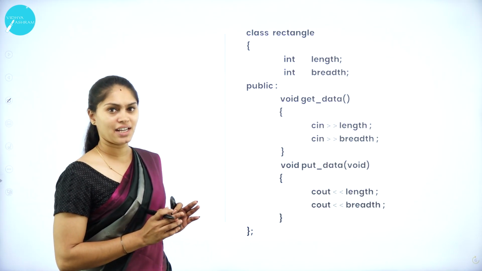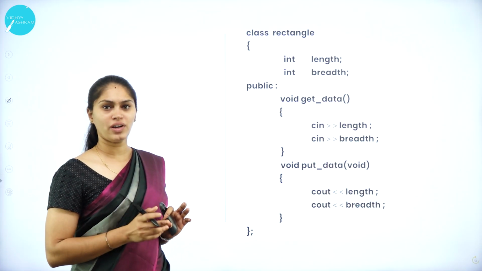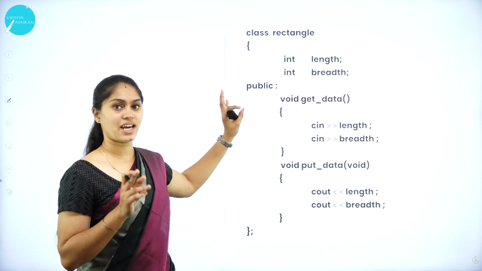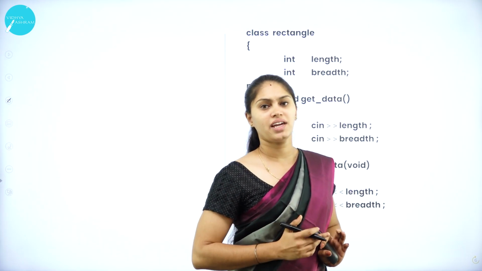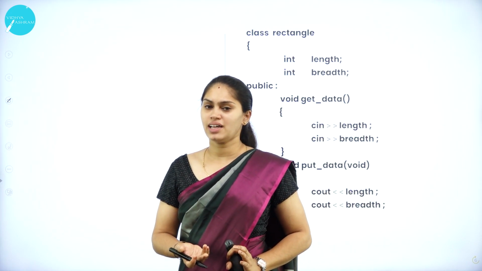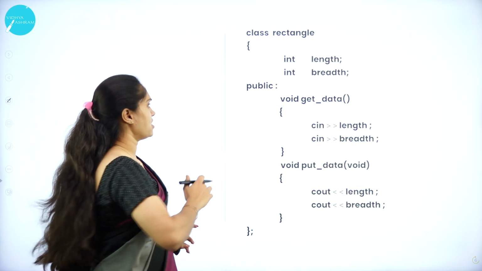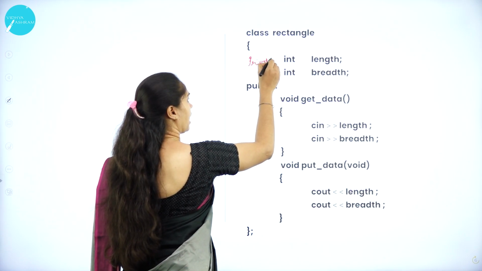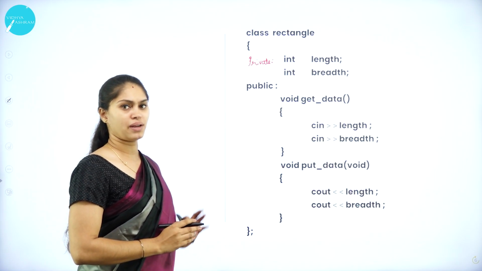Here I am creating a class. What is the class name here? Rectangle, and there are two data members of type private, because here I am not specifying any access specifier. If I am not specifying any access specifier, then by default the access specifier that we are going to use in C++ is private. Here you can see that I am not giving any private access specifier. If I am not specifying it, it will be private itself.